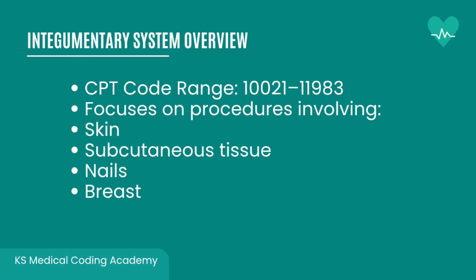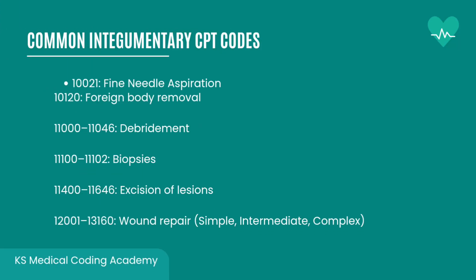The integumentary system codes range from 10021 to 11983. This area includes procedures on the skin, subcutaneous tissues, nails, and breasts. These are often high-yield questions on the CPC exam because they're frequent and involve nuanced details like size, location, and technique. Some of the most common codes in this section include 10021 for fine needle aspiration, 10120 for foreign body